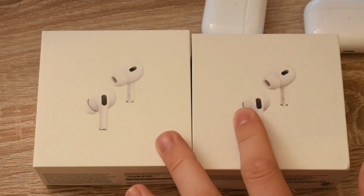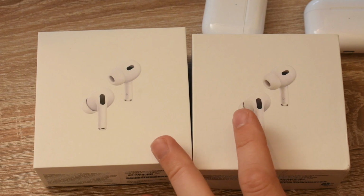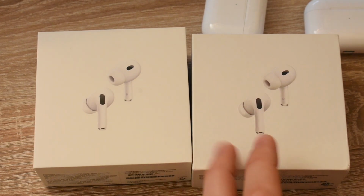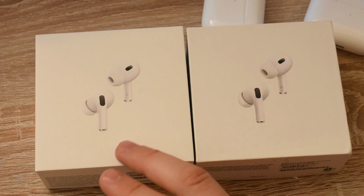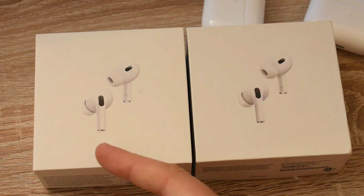We have two packages here, one is fake, one is genuine. The real one cost around $300 or so, I think, at least where I live. And these fake ones I picked up for around $30, and it's basically the cheapest fake version that you can get out there. Looking at the packages, the genuine one seems to be of higher quality, and the overall